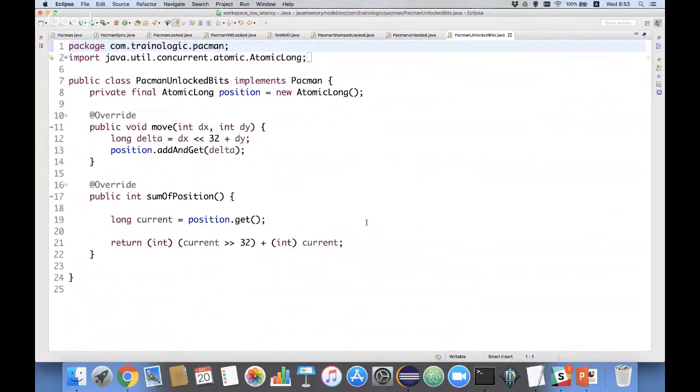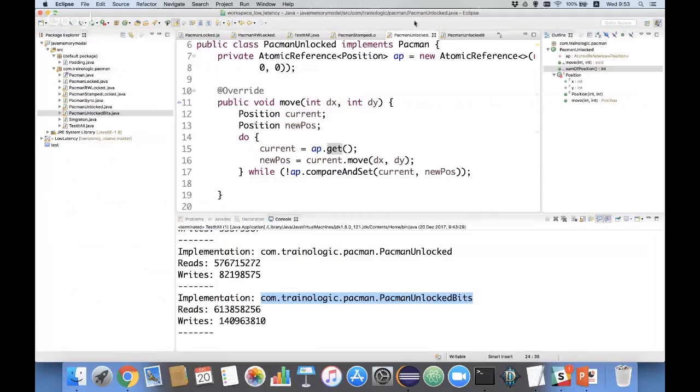Because our mutable state is two ints, x and y, we can combine them into a single long using bitwise operations. And then if you have a single long, we can use atomic long, and now it will work even without allocations at all. No GCs here, and this is the fastest approach, but it will not scale. Just add an additional Boolean, and that's it. You cannot do that. You don't have 65 bits variables in Java, okay? So I like very much the pacman unlocked approach,